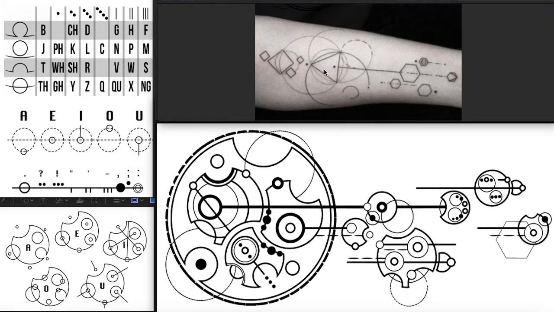I did it to mimic this image of a tattoo that I did not design and does not say anything in Circular Gallifreyan or in any script. It's just some cool line work that my commissioner wanted me to mimic, so I tried my best and I think I did a good job with that. Anyway, the script I use is Loren Sherman's fan-made Circular Gallifreyan script, and it uses a combination of dots and lines